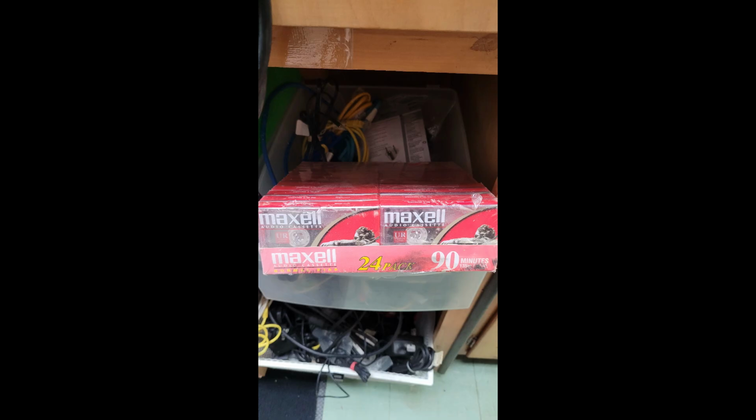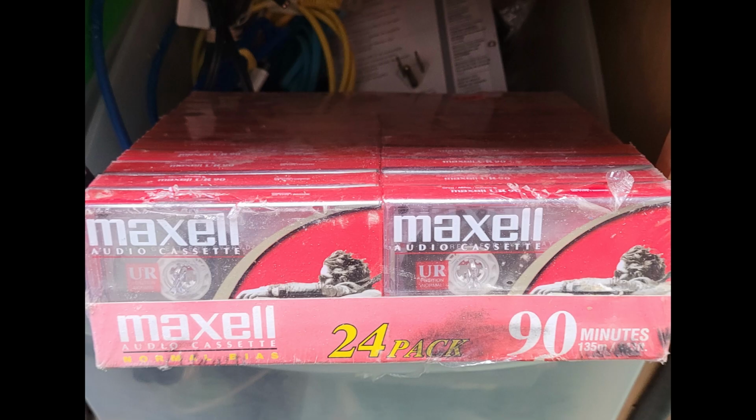Alrighty then. Found a 24-pack of these Maxell brand blank cassette tapes, which is normally common to see while thrifting, but if you look closely, this is actually a sealed, never opened pack of cassettes. Never seen that before. I have no use for that sort of thing, but it would be a nice find